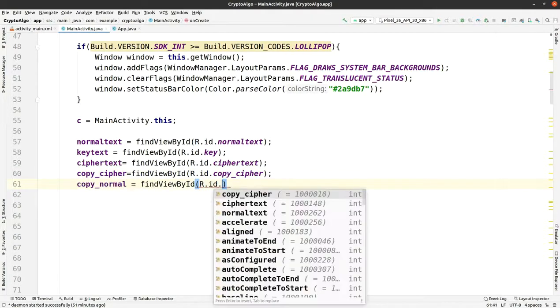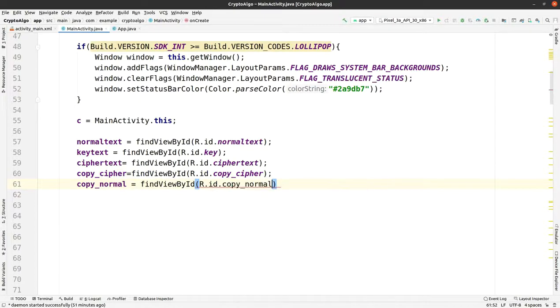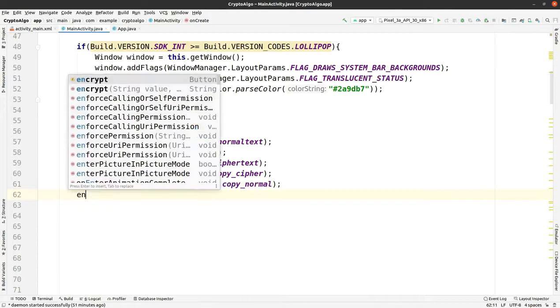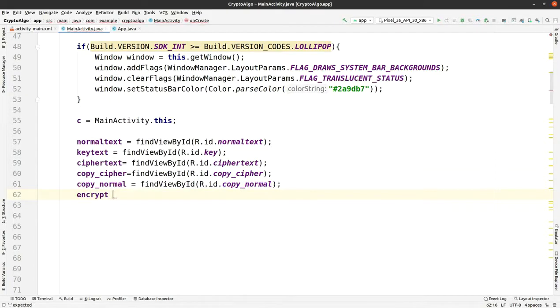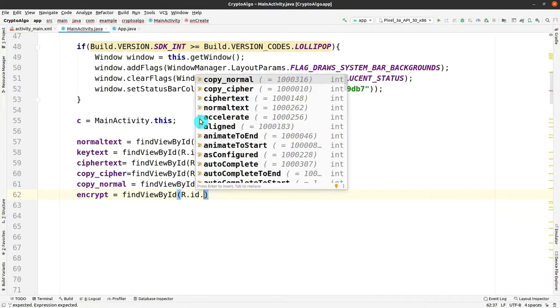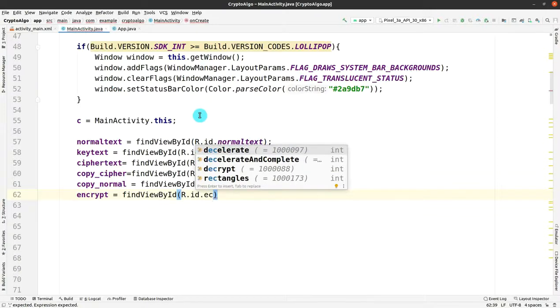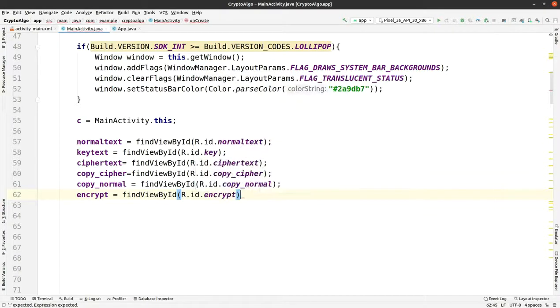And then copy cipher, copy normal. Afterwards we are using the encrypt, and encrypt is a button and decrypt is a button. There are two buttons. So this find view by id is for the encryption button, and then again for the decryption one, and some deletion buttons are left out that we are just going after this.